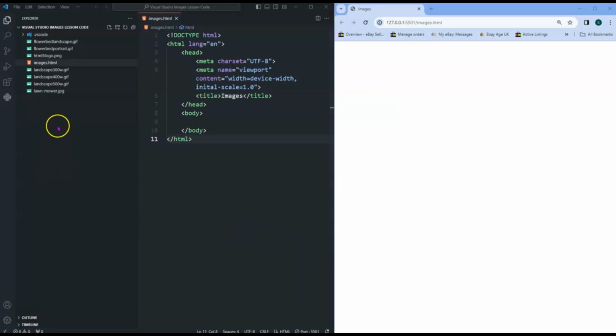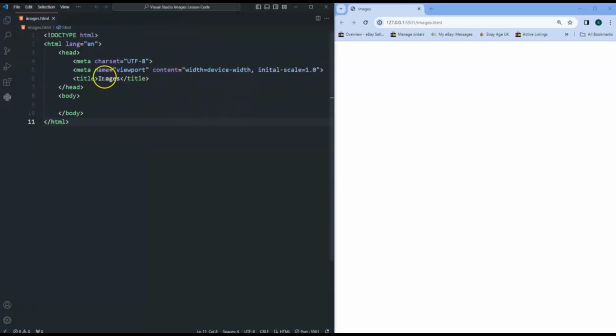So just to start with, I've got some images in this folder that we're going to be using in this example. So these will be available. If you want to follow along with this video, then just get a copy of these. But I'm going to close that down for now, just to give me some more space. So as I said before, I've got my startup code ready there, and I'm going to start by putting an